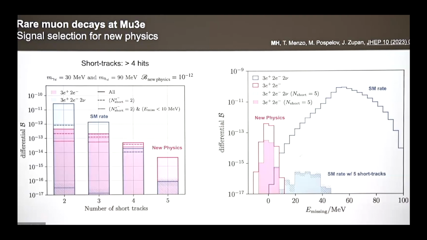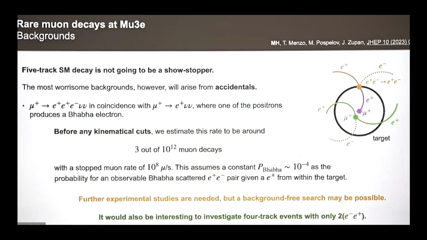And if I look into the standard model part, here's this dashed curve. It's 10 to the minus 14. So here you only have 4 tracks, but 2 of those are electrons. And maybe the backgrounds for those are much smaller because it's much harder to produce electrons inside of this experiment, although obviously not impossible. On the right, you have the missing energy region plots. You start with this large standard model rate that goes all the way back down here by requiring the 5 tracks.